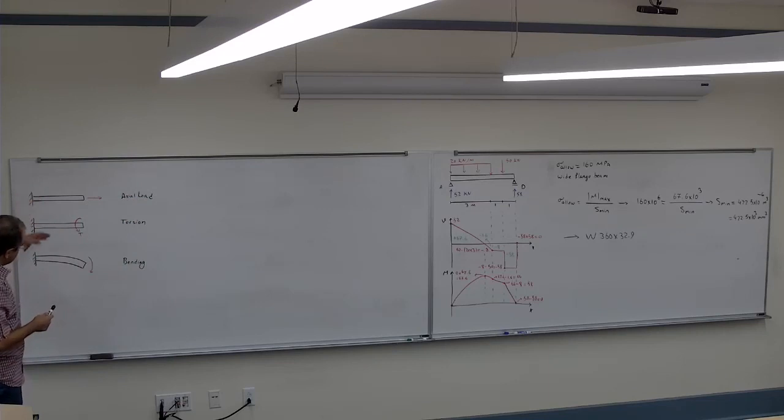So we have these three up to here: how to design for axial load, torsion, bending, and the very last one that's left that we have to design or check a member for is